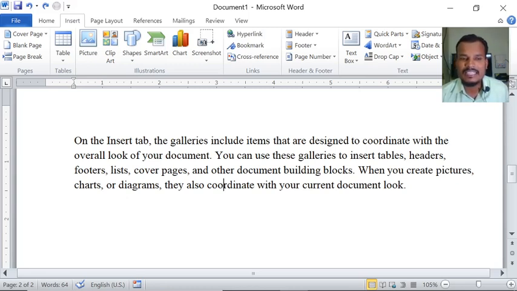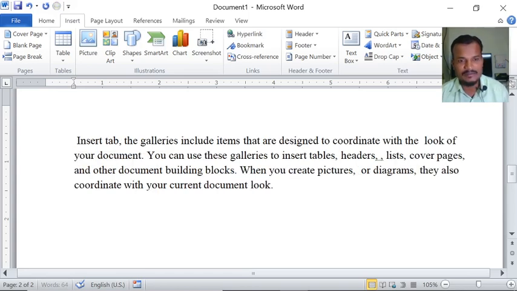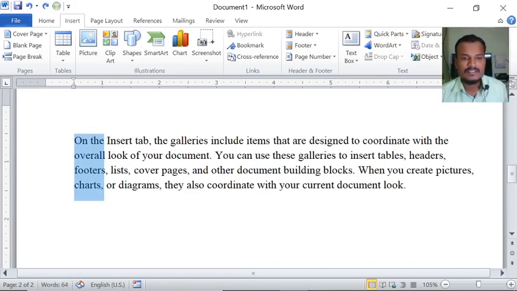So for that, keep the cursor here and press the alt button on the keyboard. Press the alt button and drag the mouse up to here. See here, exactly where you want to select, you can select by holding the alt button on the keyboard and dragging with the mouse. If you want to delete, just press the delete button. So this is what we call vertical selection.